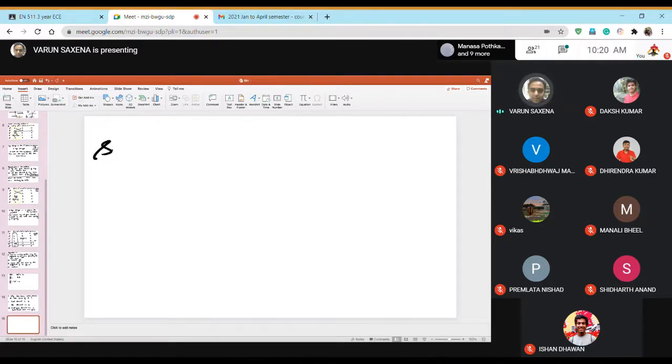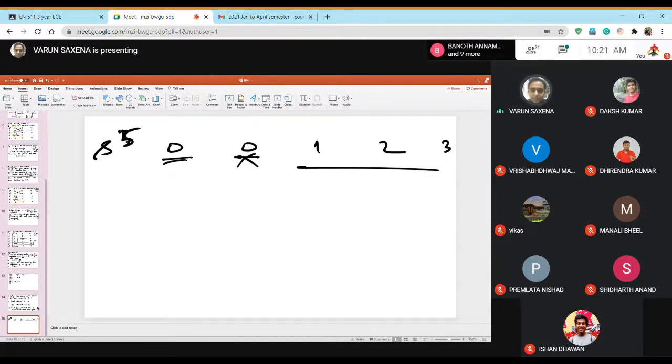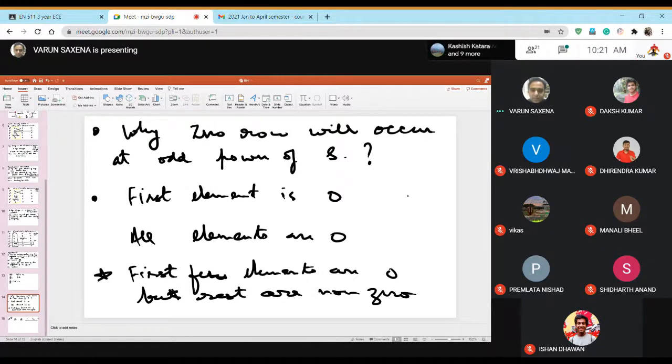Something like this. Suppose you have some row, let's say it is the S cube row. So you have 0, 0, and then you have 1 and you have 2. Or let's put it a higher row, let's put it as the S^5 row, and say you have 3 here. So now not only is the first element 0, but the second element is also 0, but the rest of the elements are non-zero. So this is somewhere in the middle. So what will happen for such cases? This problem is also going to be taken up as a mini project. So this is also an interesting problem.